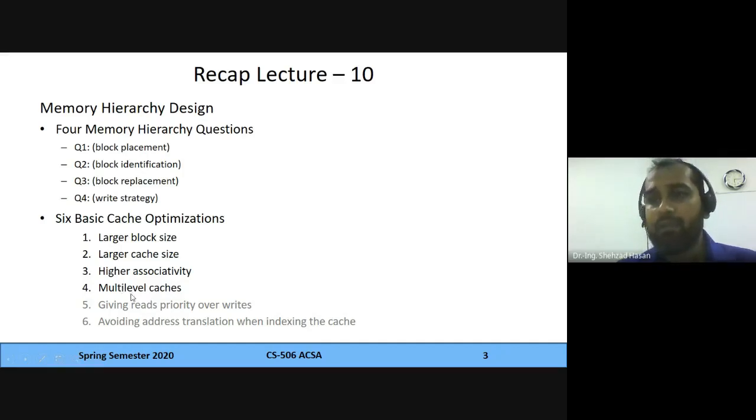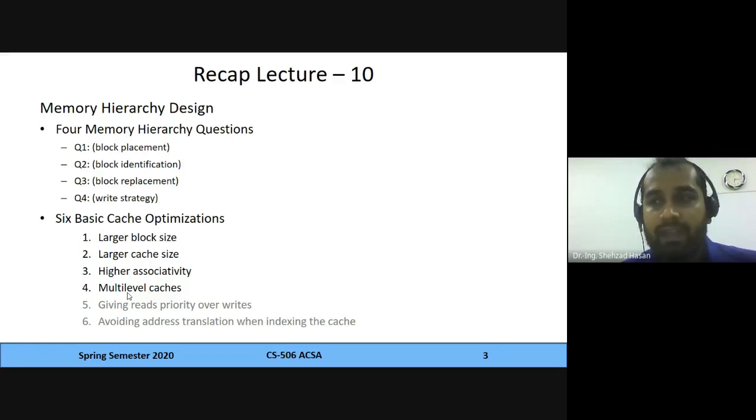Then we looked at reducing the miss penalty. So the fourth and the fifth optimization were reducing the miss penalty. Multi-level caches to reduce the miss penalty means that if you have not just two levels, but an intermediate level in between memory, then those references which were initially going to the memory because they